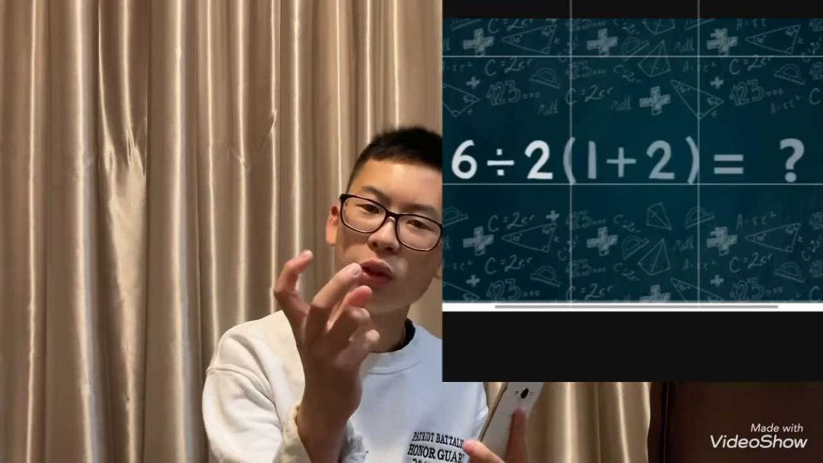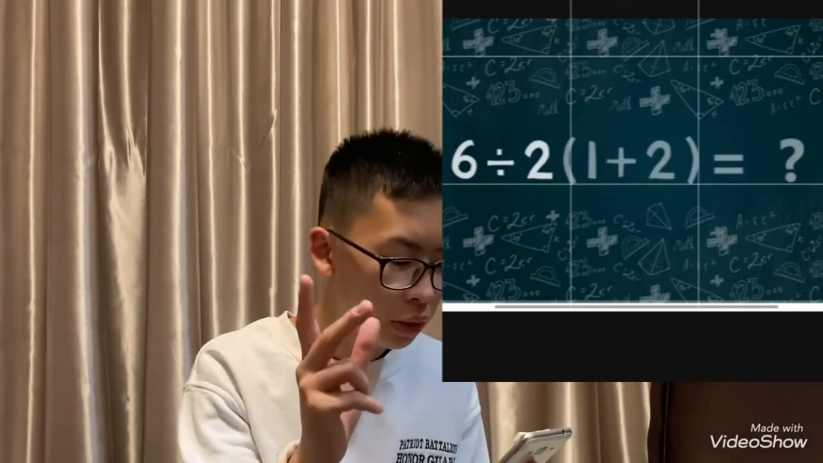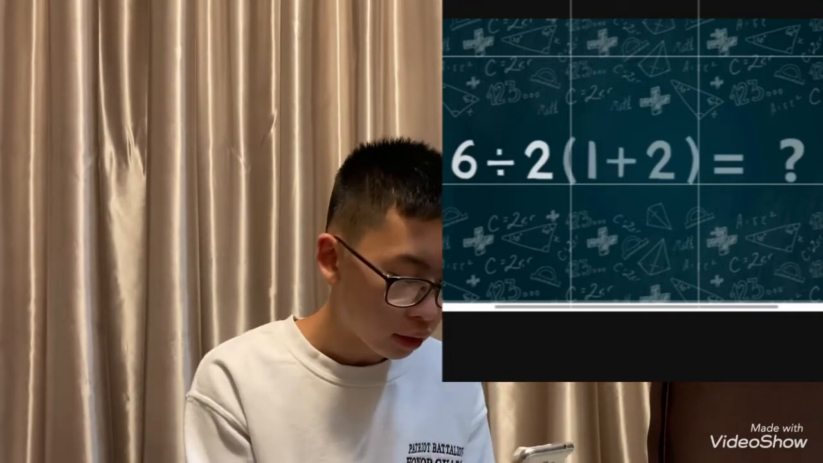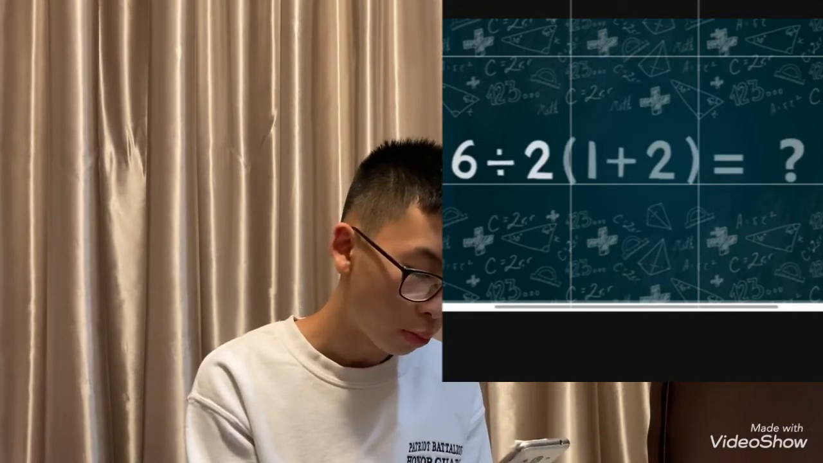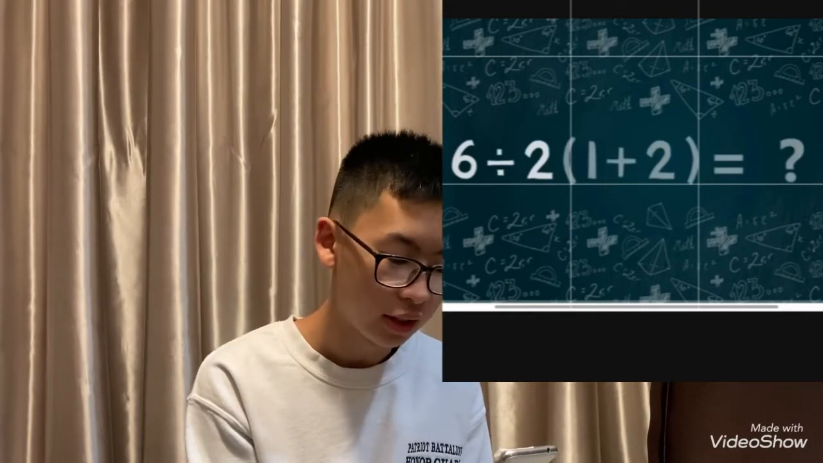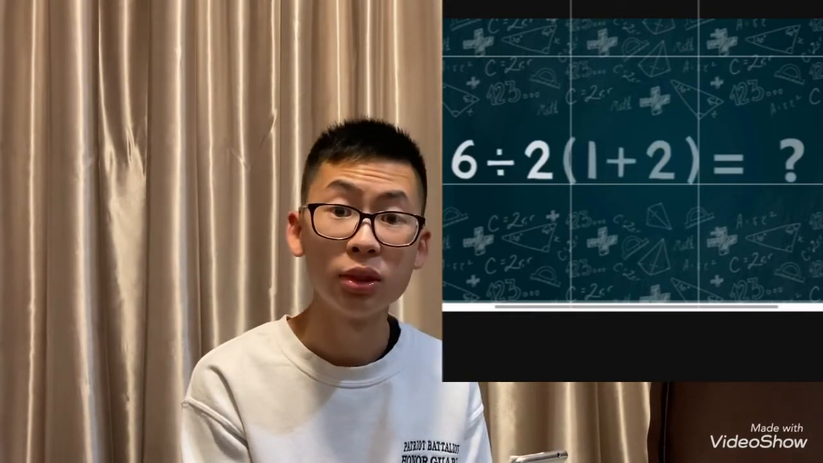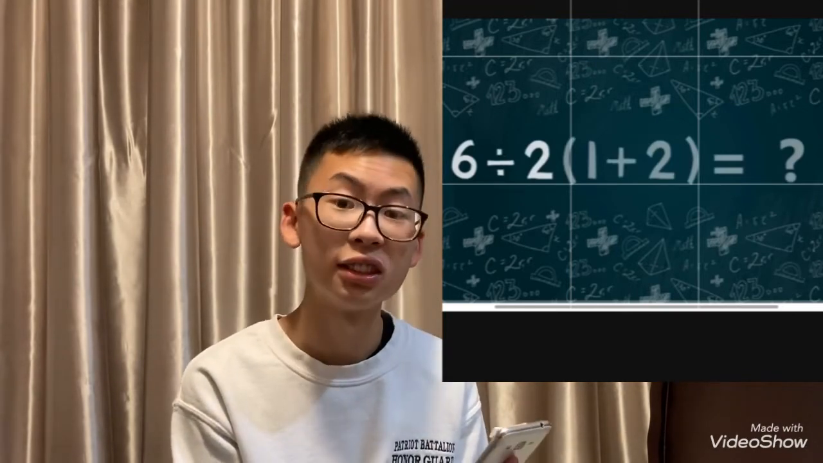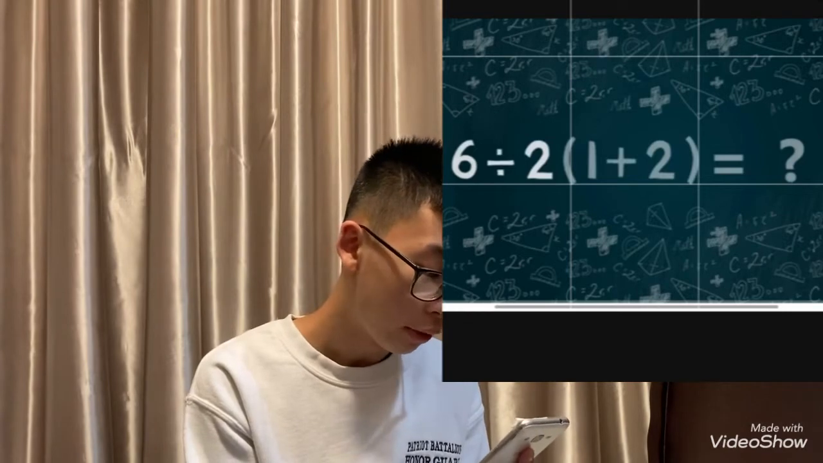Alright, so first we need to figure out what is in the parentheses, and we know that's going to be 3. So 2, and then assuming we are going to use the distribution property, this is where it gets kind of tricky, because if it's 2 times 3, then 6 divided by 6 is gonna be 1. However, if we're gonna be